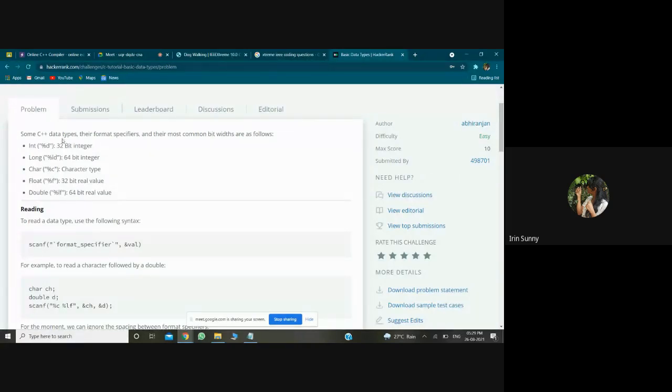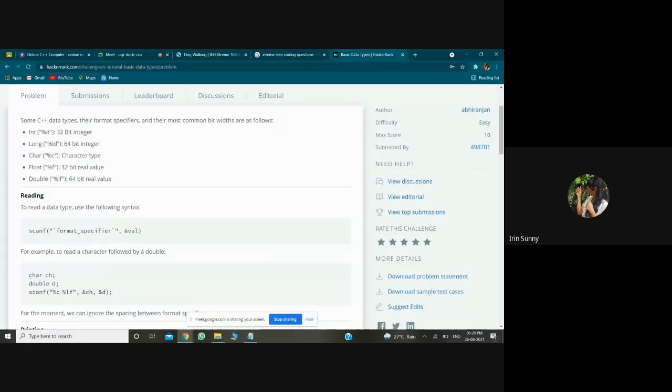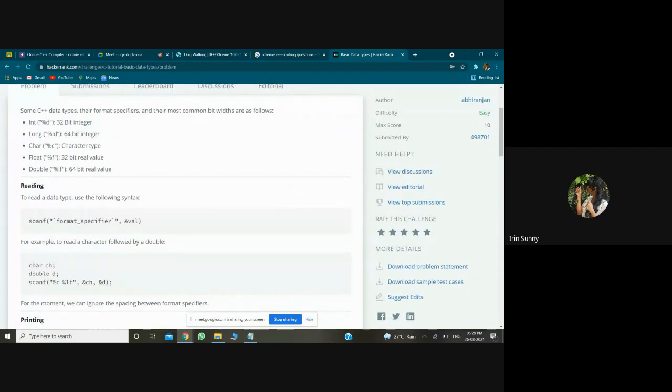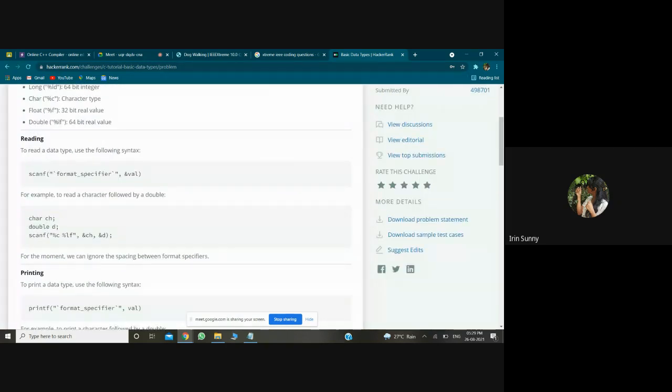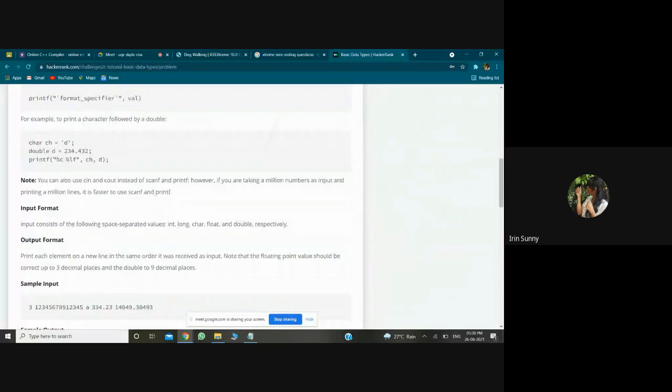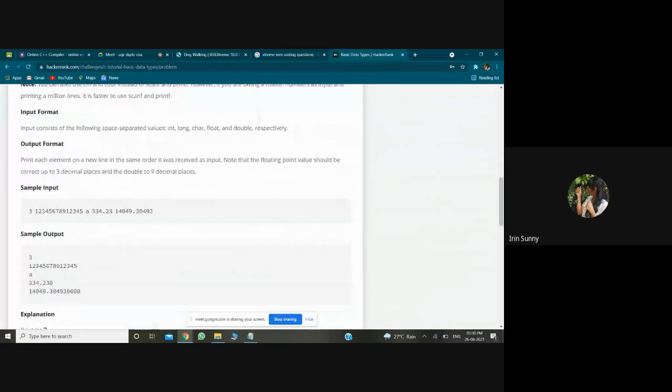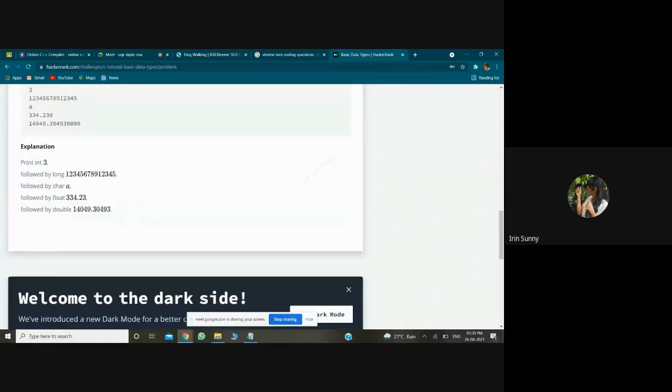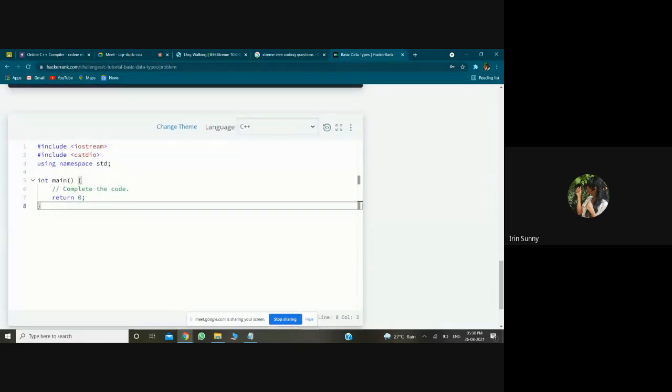This is one of the ways you get a question. There is some data, you have to read the question, then print the output. There will be an input format, output format, sample input, and sample output. Then you have to write the code here. This portion, that is #include, using namespace std, int main, will already be there. You have to just enter the code here.